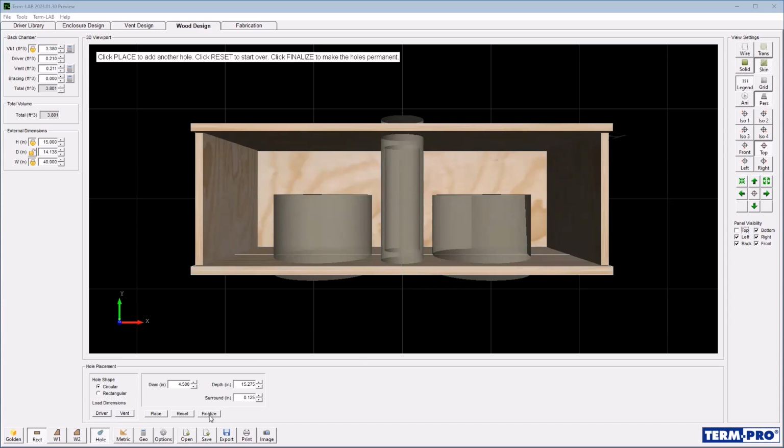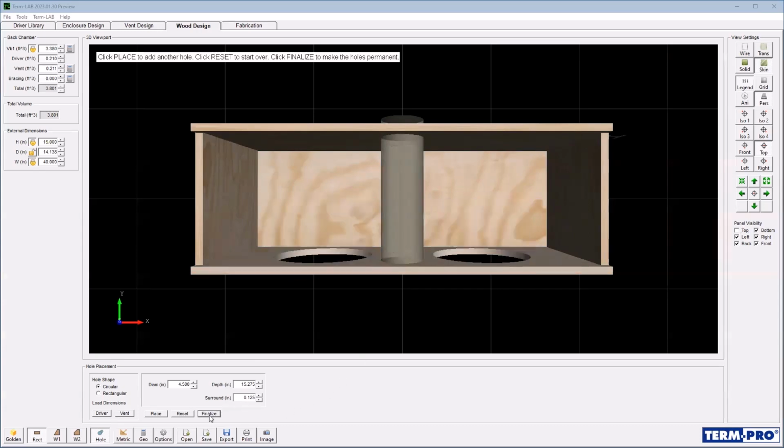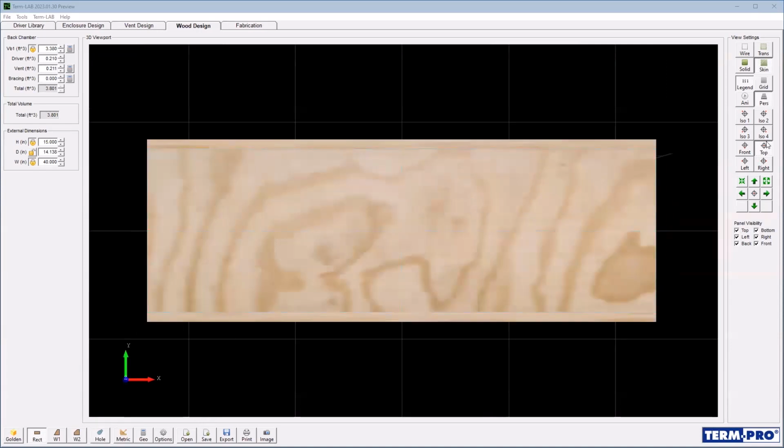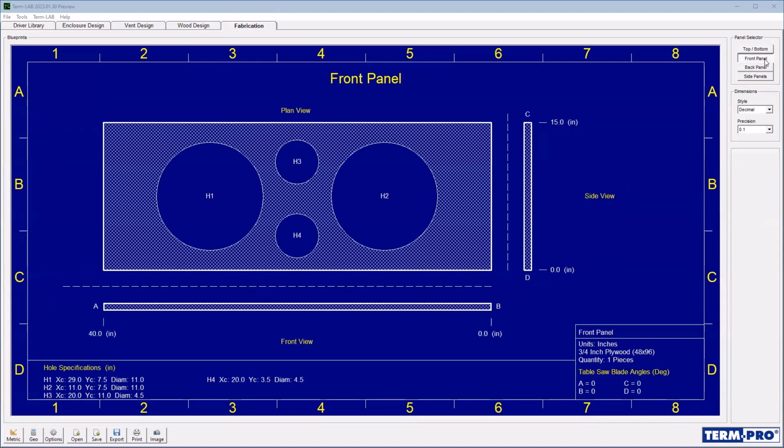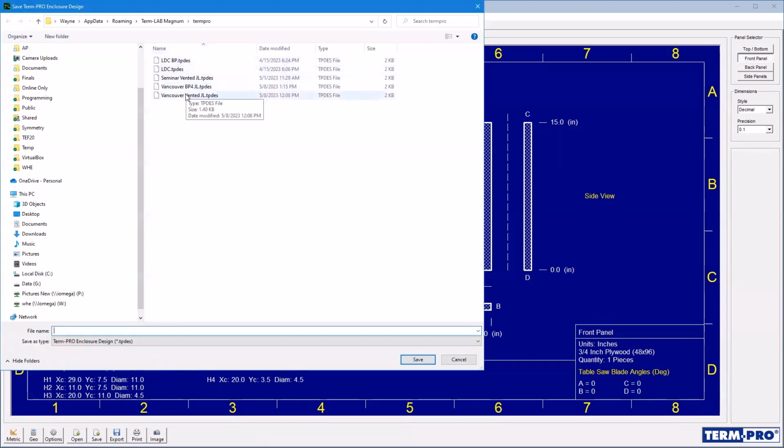So I'm going to click on Finalize. And when I do that, that's what our design looks like, just like that. So now you could send it over to the wood shop, and I've showed you already how to do the fabrication. We'll come over here, just show you. I'm going to save, this is a cool box, so I'm going to save it. We'll call this